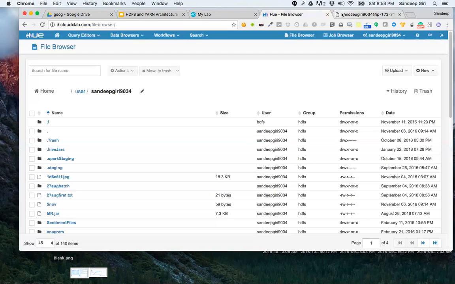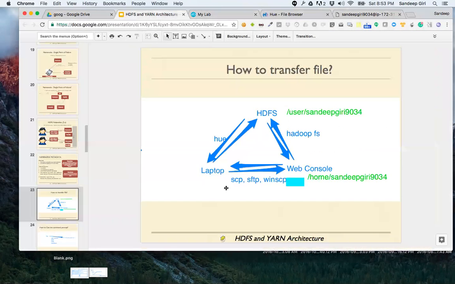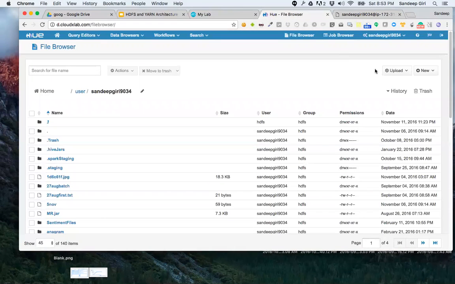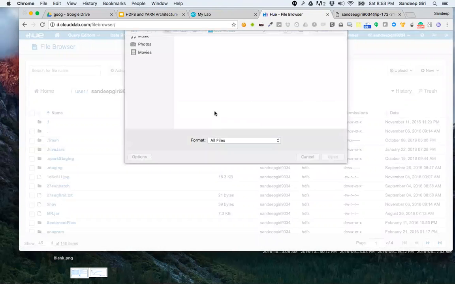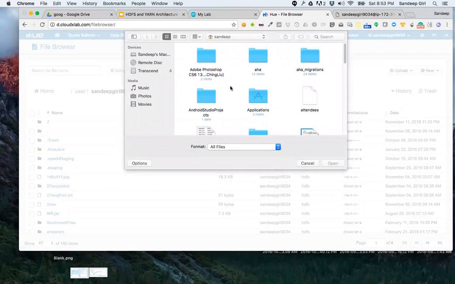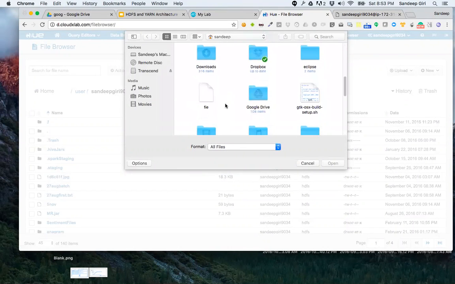Correct? So we have three places. If I'm on the console and I say pwd, it is an entirely different directory. So there are three different directories right now. The first mechanism is copying something from laptop to HDFS, which we all know we can do by clicking on upload, clicking on file, and selecting the file from the local machine.